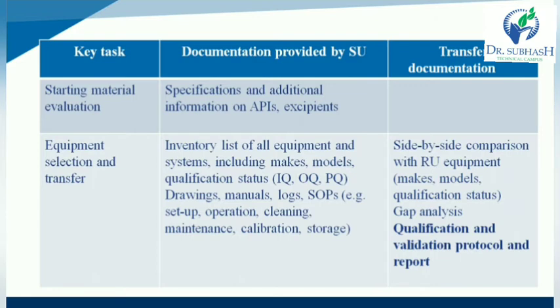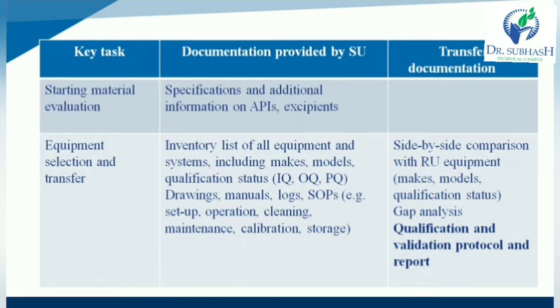So for any raw material evaluation, the specification and additional information for the active pharmaceutical ingredient and excipients are all provided by the sending unit. And for starting material evaluation, no transfer documentation is required.